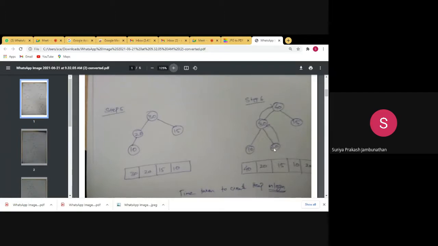While adding 40 here, you have to compare with 20 and 30. 40 will be compared with 20. While comparing 40 with 20, 40 is the greater value. So 40 will go here and 20 will come to the leaf node. So again 40 will be here, and 30 will be there. So 40 and 30 will be compared. In this case, 30 will come to the subnode and 40 will go to the root node. So after this operation, we are getting 40, 30 and 20.